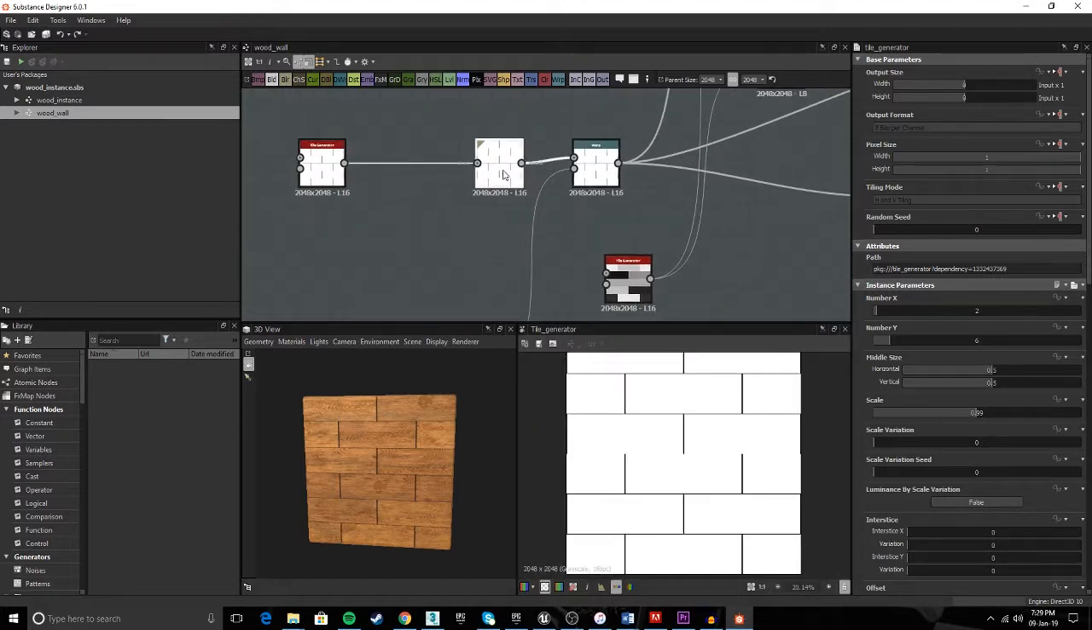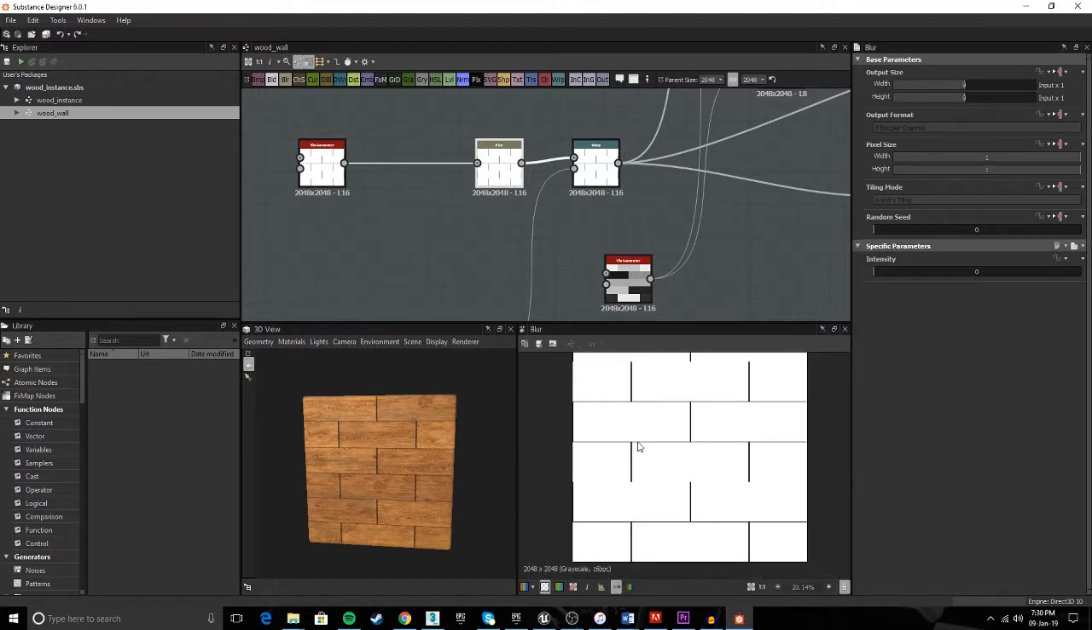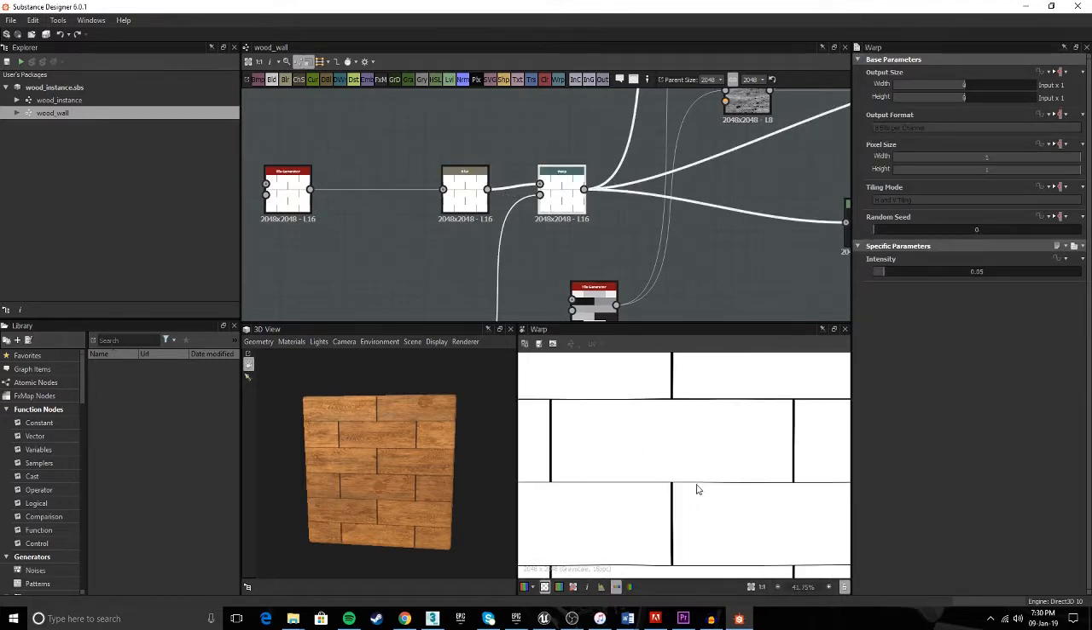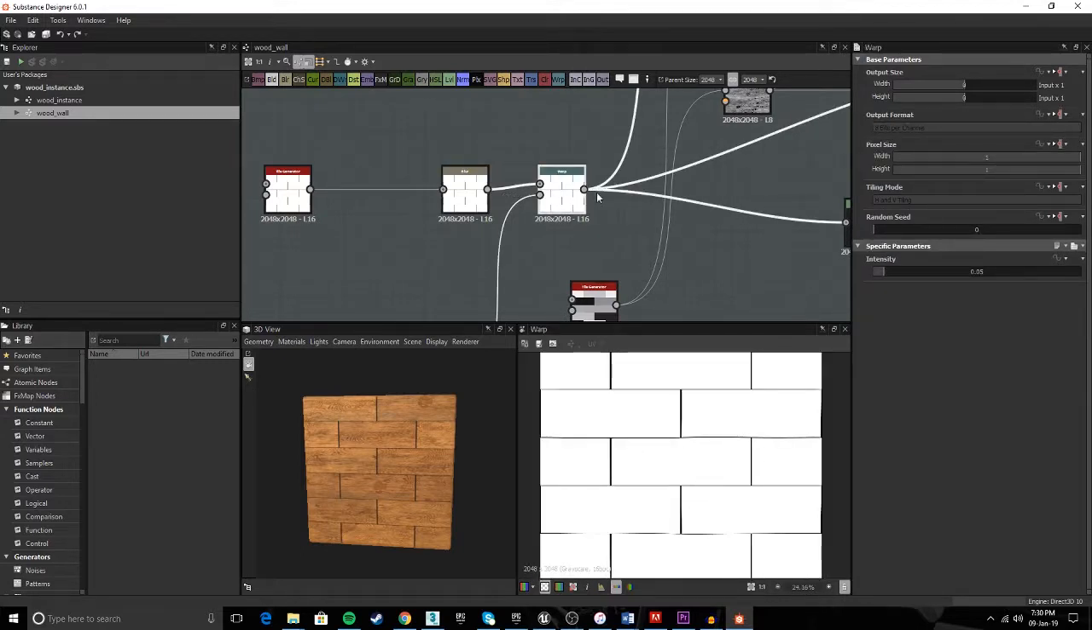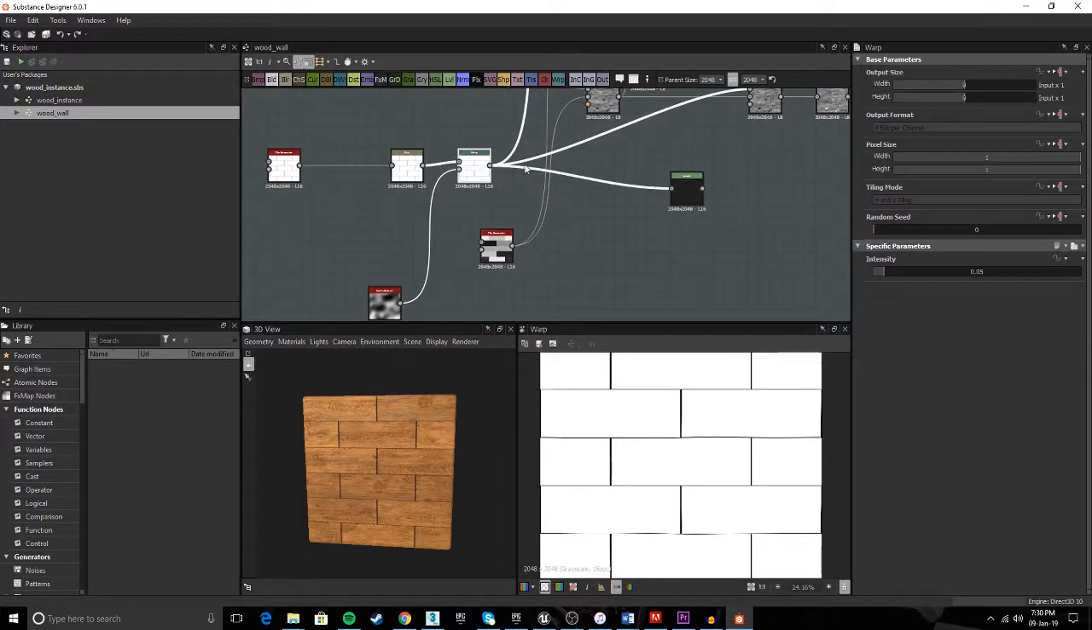I then put this through a blur node just to make it look a bit more realistic because they looked a bit too flat. I also then put it through a warp node to make it even more realistic so that all the planks weren't the same. And that was the tile